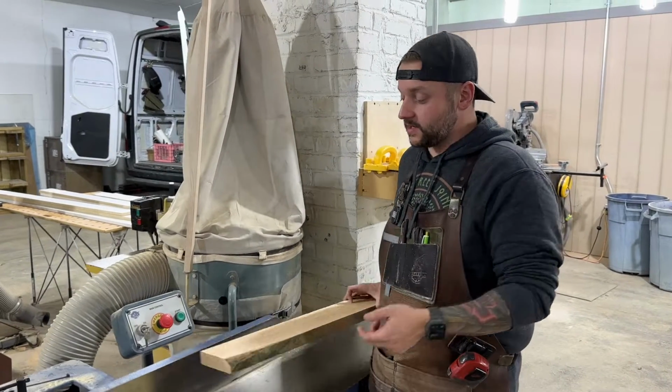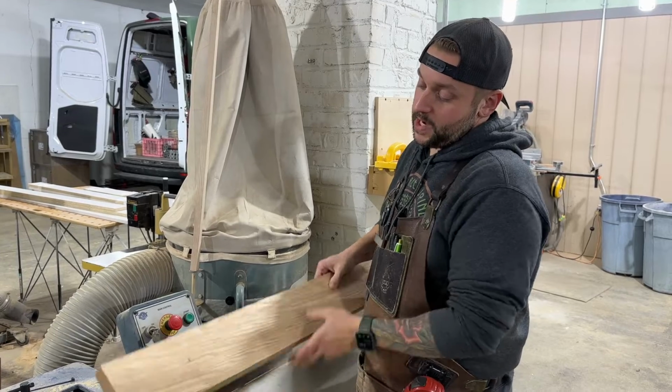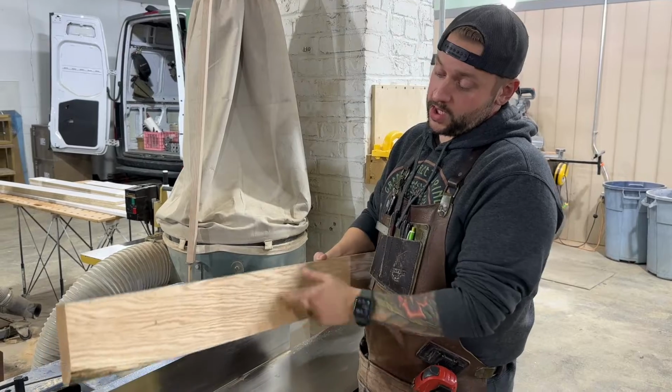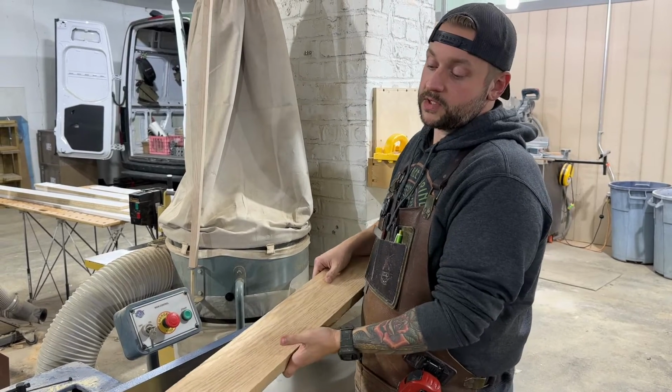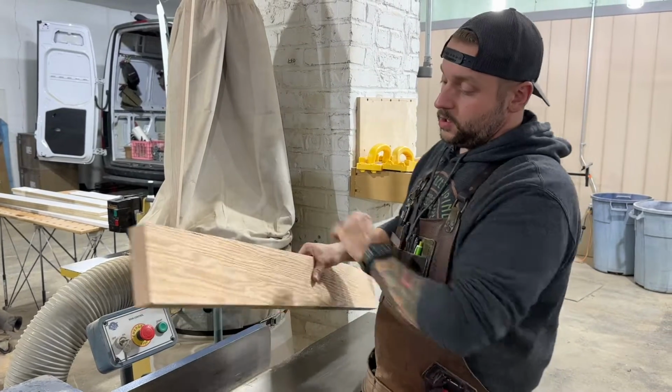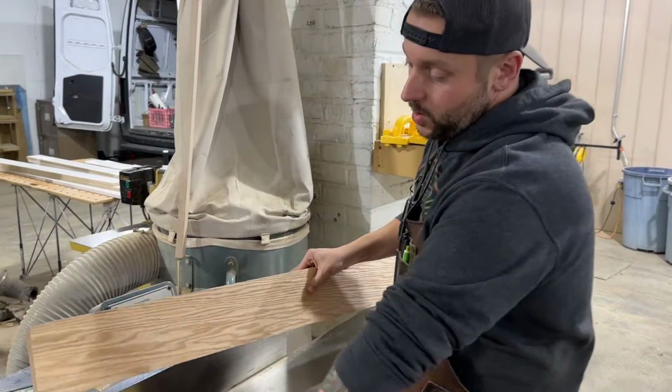Personally, I would now take this board over to the planer, and I would make a parallel face on this side before joining any of the edges. But for the sake of the fact that this is a joining video, I'll show you how to join an edge. So same thing, we want to look for